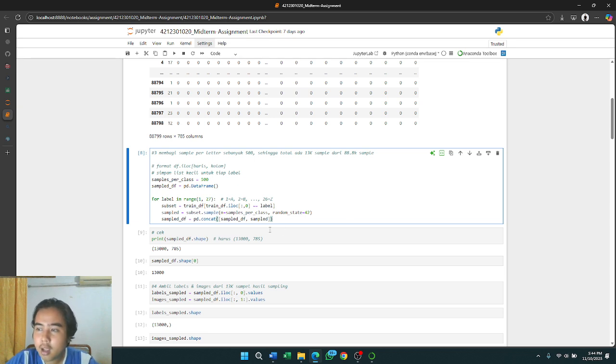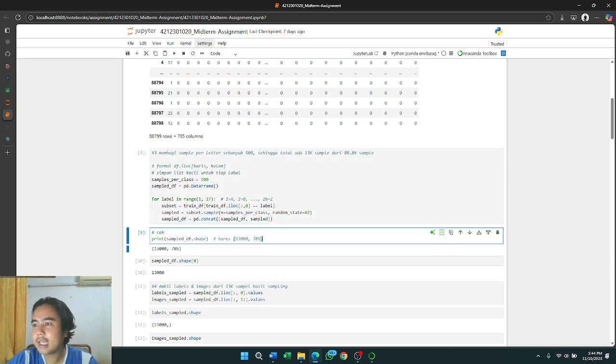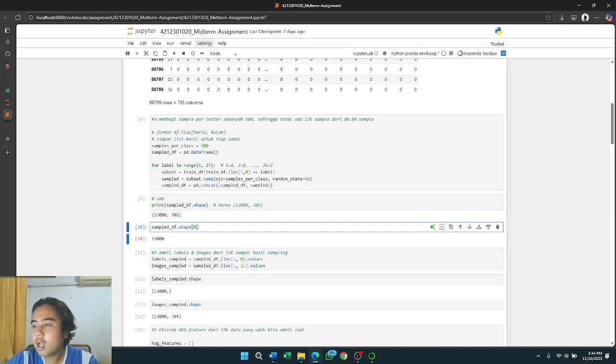The sample dataset stored in the sample df variable can be displayed using the print sample df program. Next is a function to get the number of rows from the data frame sample df. The program uses the program line sample df shape 0.